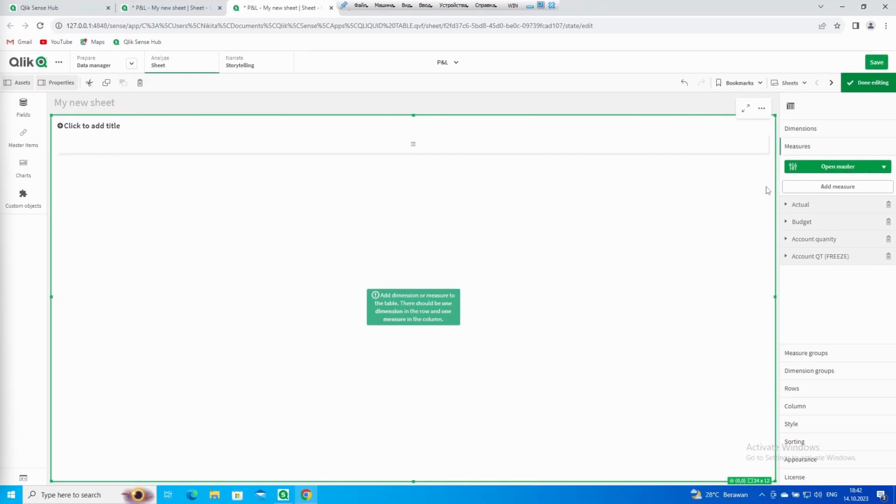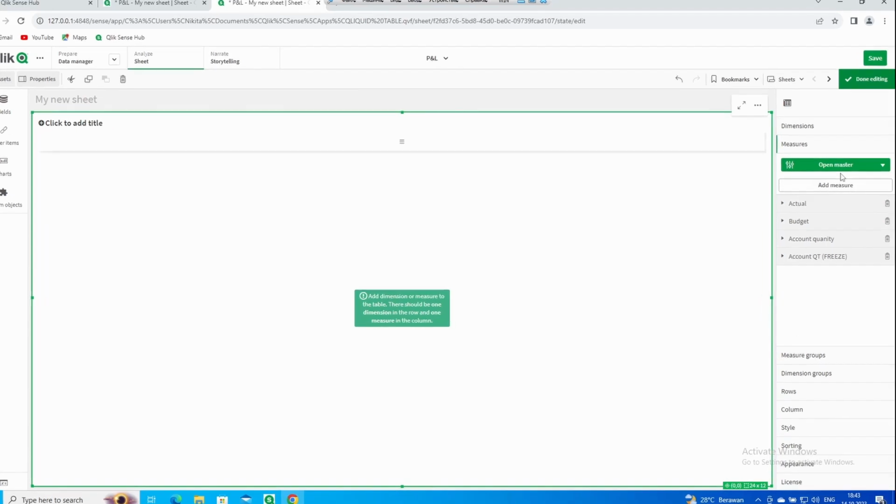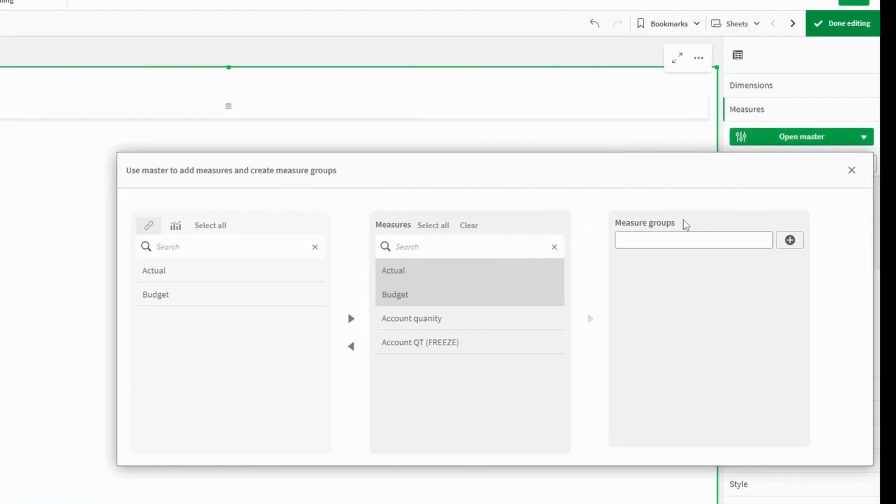The next option of the QLIQUID table is the measure groups, which allows you to combine measures and play around with the style of it. How to create measure group? You can do it here in master or in the measure groups. Let's open measure master, and on the right you can see measure group. Let's call it PNL